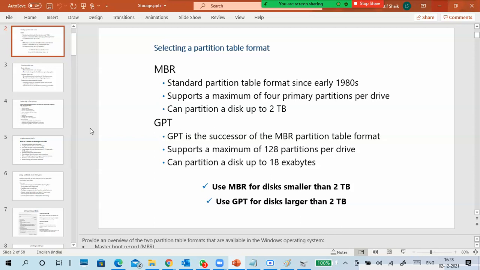MBR supports 4 primary partitions per drive, or 3 primary and 1 extended per drive. Each partition is up to 2 TB, and in GPT it is 18 exabytes, and for more than 2 TB, you can create 128 primary partitions in GPT.